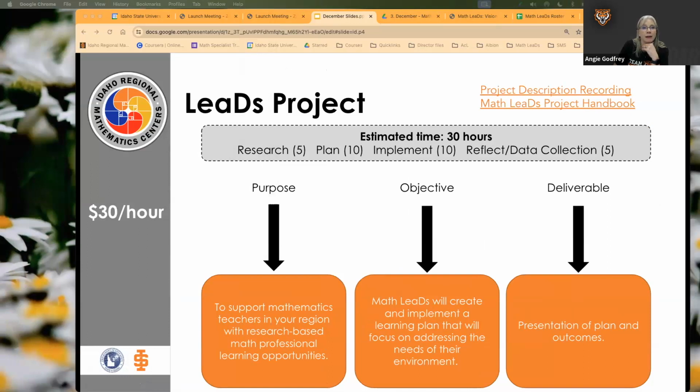So if we look at the research component where it says 5 hours, think about how long it took you to do your needs assessment. An hour, 2 hours? That's included in that 5 hours. That's part of that research component. So then on the applied research part, let's say you have 2 of the 3 hours already done-ish for the needs assessment, and you still have 3 hours.